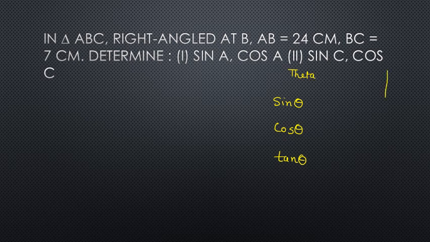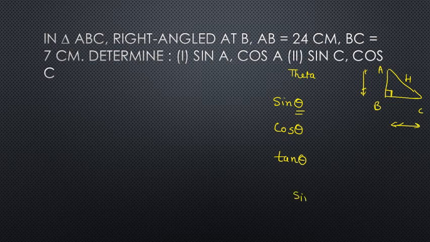Now, how do you present these? Let's say you have a right angle triangle, okay? In that right angle triangle, obviously you have a right angle. You know very well that the side opposite to that right angle is the hypotenuse, the longest side, and the rest of the two are base and perpendicular. But can you say strictly that this is perpendicular and this is base? No, they are interchangeable. How? It will depend on your theta. Your perpendicular will depend on your angle.